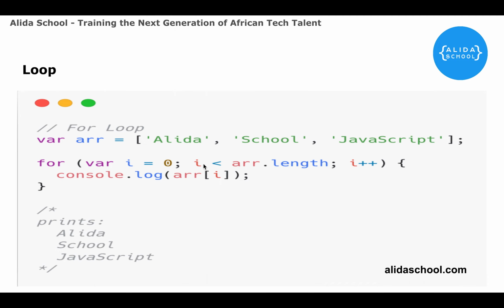We go over here and check, is 2 less than array.length? We have here 1, 2, 3, which is the length. So 2 is less than 3. So yes, we console.log array at the index of 2, because the current value of I is 2. This is the index 0, 1, and 2. So we print JavaScript. Now once we're done with that, we increase the value of I, which means 2 plus